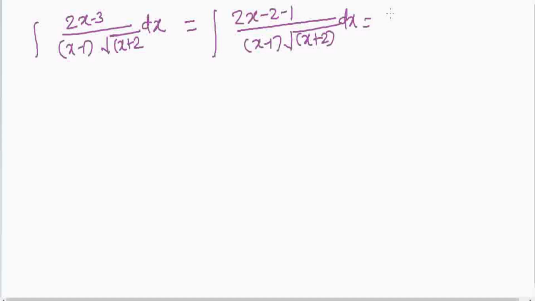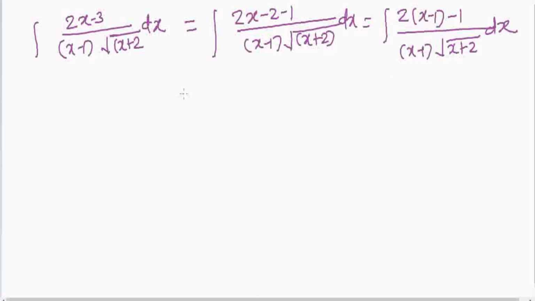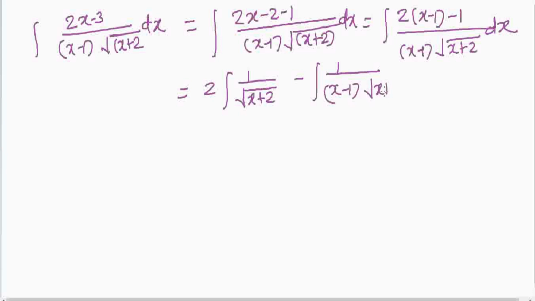If we take 2 common in the numerator from the first two terms, we have x minus 1 minus 1 divided by x minus 1 into under root of x plus 2 into dx. If we separate the numerator, x minus 1 will be cancelled, and the first term will be 1 divided by under root of x plus 2 and minus integration of 1 divided by x minus 1 into under root of x plus 2 into dx. Okay, so integration of this term is very easy. This is equal to